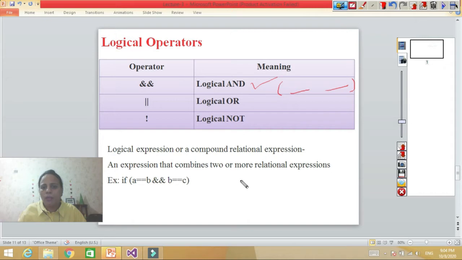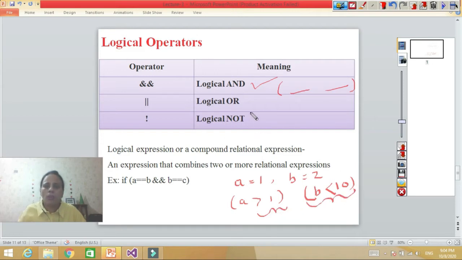For example, I have two variables, a is equal to 1 and b is equal to 2, and I want to check a is greater than 1. Simultaneously, I want to check that b should be less than 10. We can combine these two conditions with logical operators, and we have three types: AND, OR and NOT. This is about how these operators work.